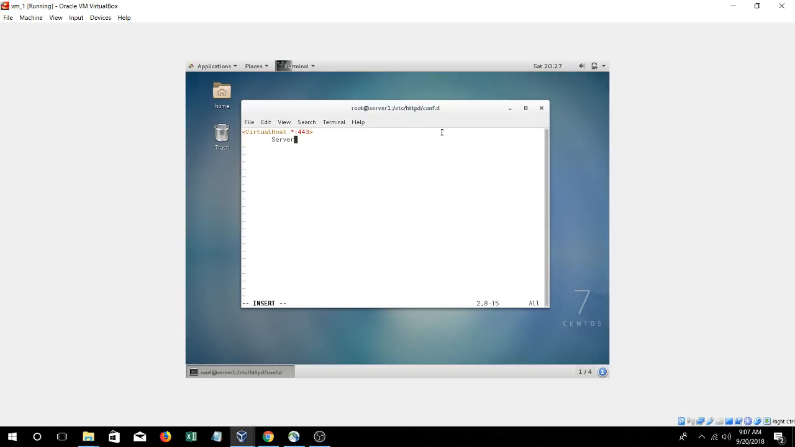Let's indent it. Server name. Make sure that's uppercase S, uppercase N, space, whatever the server name is going to be. In this case, it's tutorial.example.com. You could do server alias. In this case, we're not going to do that, but it's nice to have. You could do server admin,